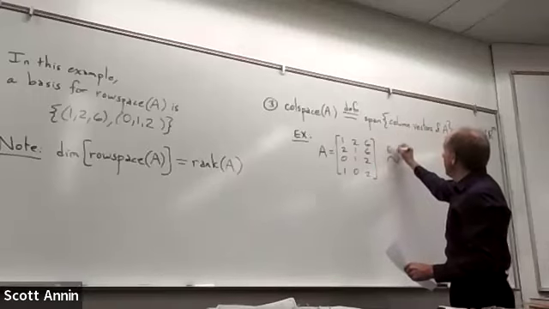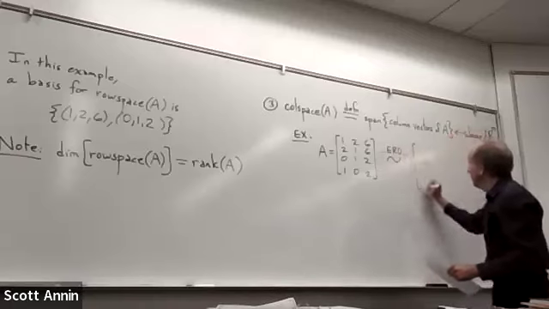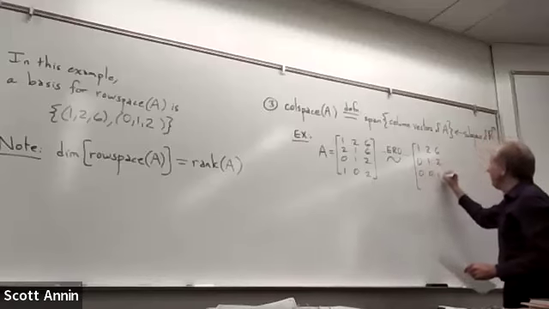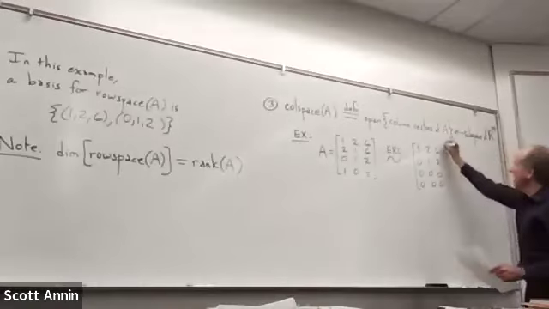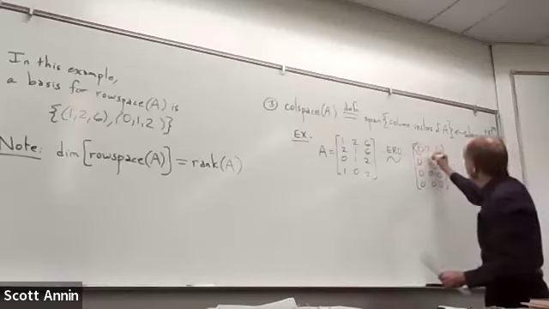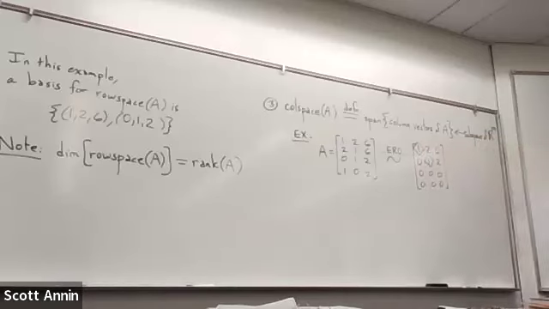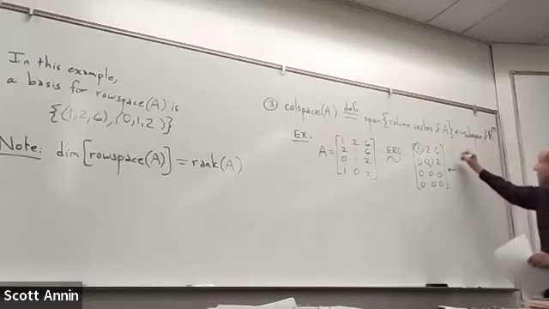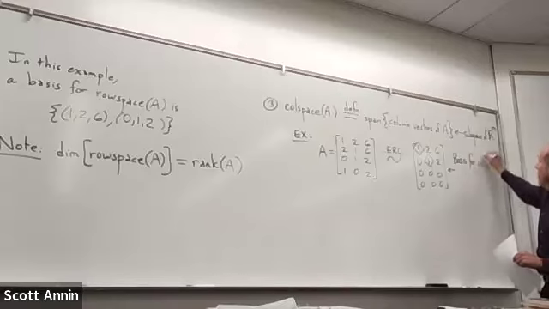And I'm going to once again imagine doing the EROs. So again, I'm going to recopy the same row echelon form that we had before, and I'm going to circle my pivots again. And if I want to get a basis for the column space of A,